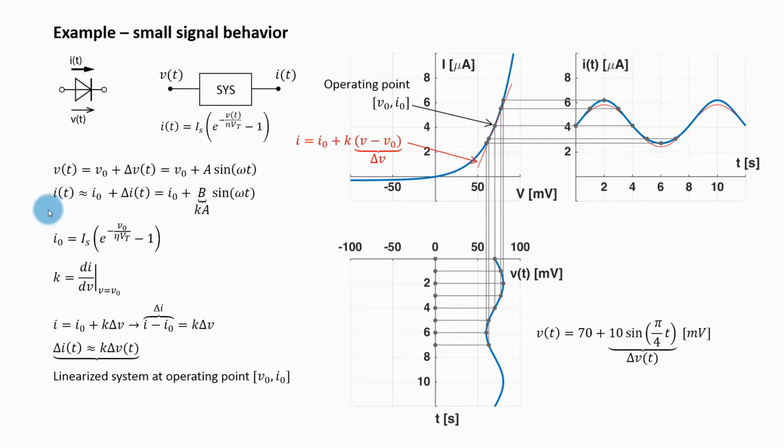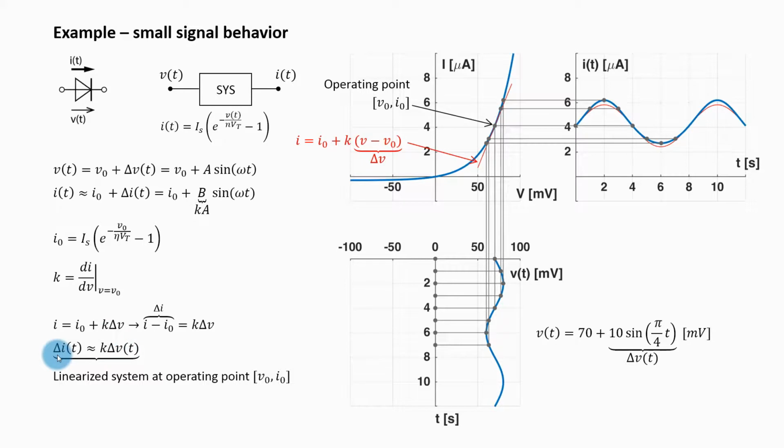To write the relationship between the input and the approximated output in a more convenient way, I can take this equation here, put this term to the left-hand side, which will give me this. This is the difference between the diode current and the DC current at the operating point. That corresponds to this delta I, so I will denote it as delta I. Subsequently, I can write this equation, which is an approximate relationship between the change of the voltage and the change